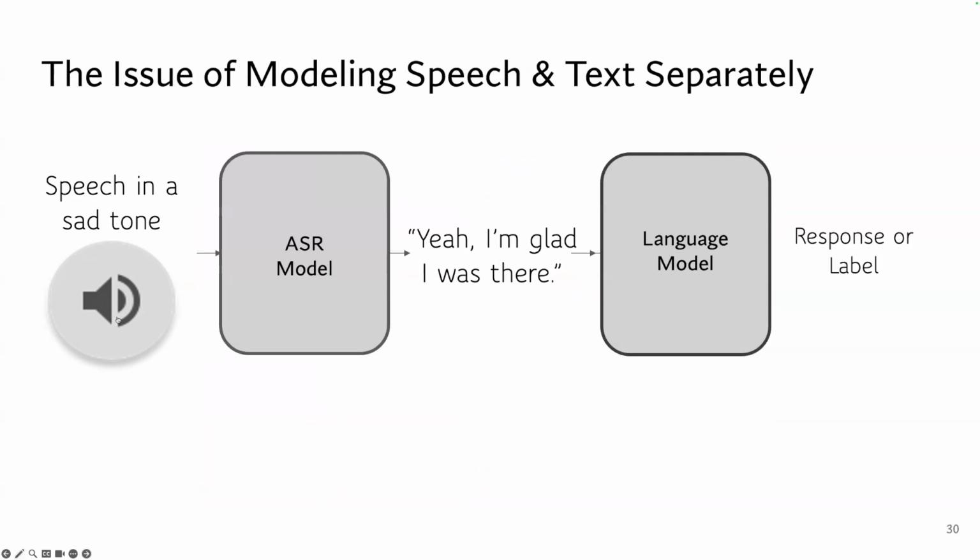Specifically, if you have a speech input like here, usually what we do is pass it into an automatic speech recognition system, and then you get this transcript text. And then you pass this transcription to the language model, and the language model will give you a response or label. This basically is a loop of how your question can be answered in audio. And this is also the pipeline we were playing around with when you heard the previous version of AI Patient.